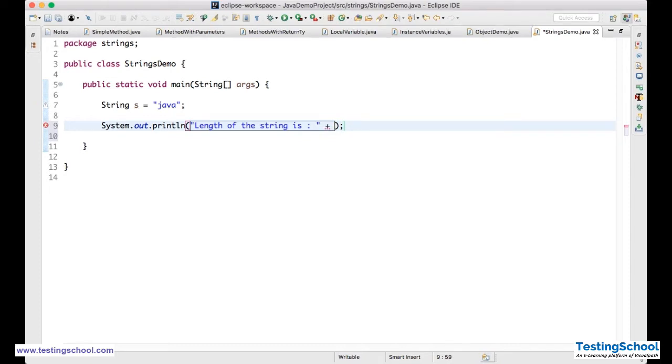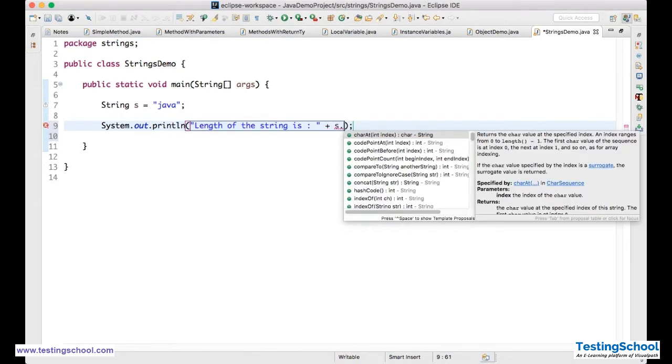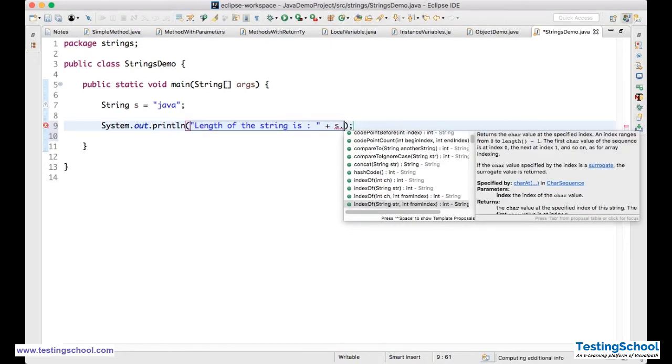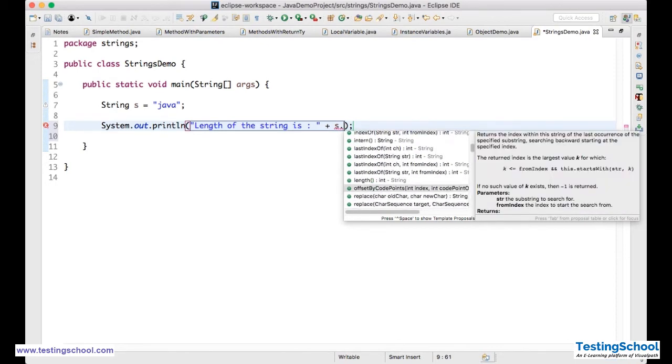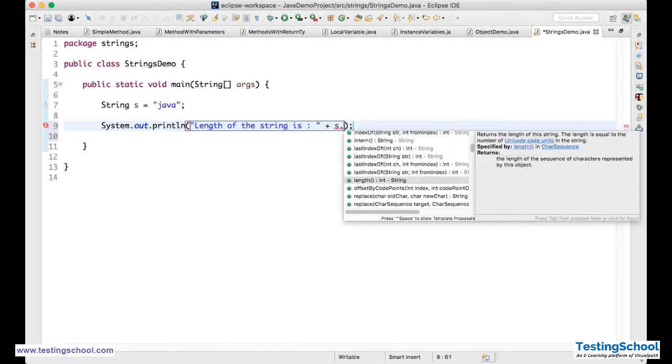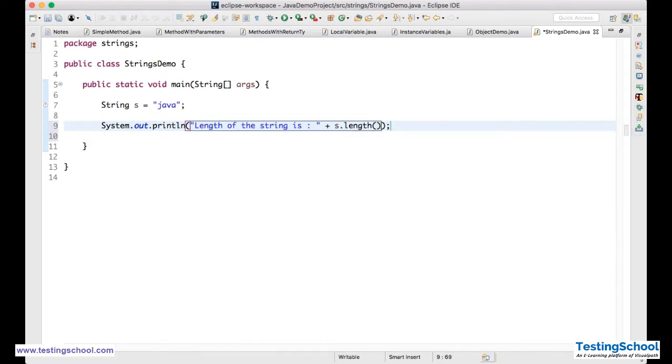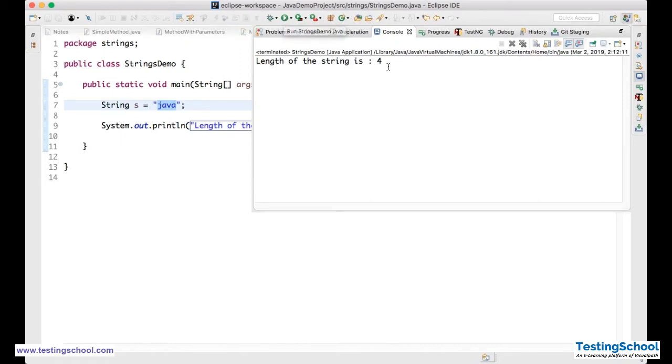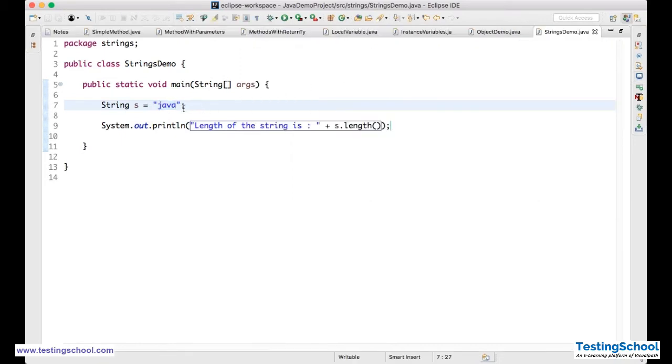So String s = "Java". When you type s dot, you will have so many methods inside this, as it is a class. One of the methods is called length. When I say s.length, it will give me the length of my string. What is that? 1 2 3 4 characters. The length of my string is 4. When I execute this, you see that the length of the string is 4, right? I'm getting that.